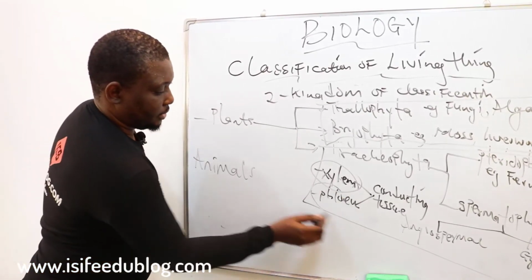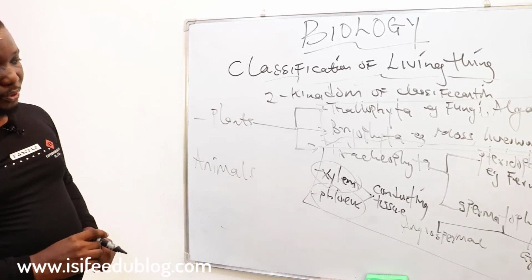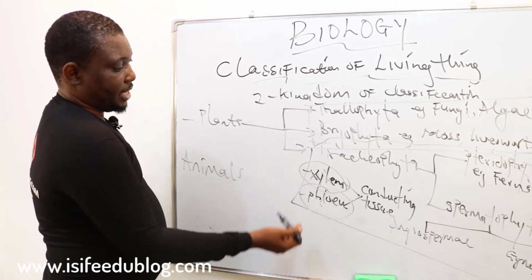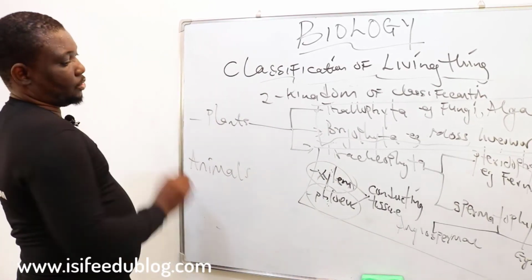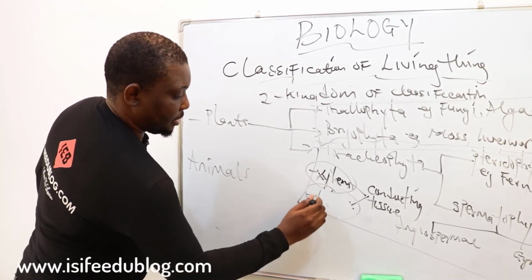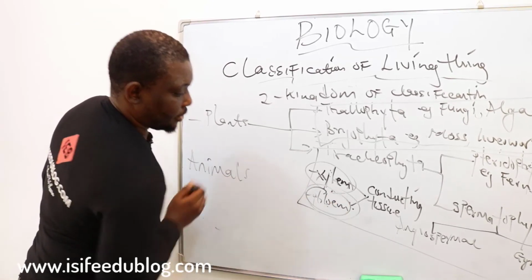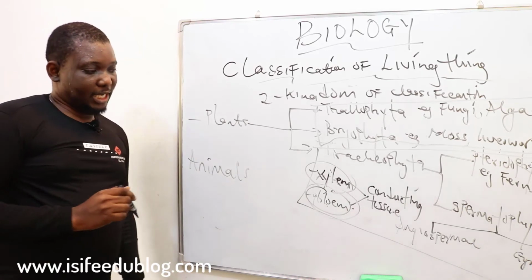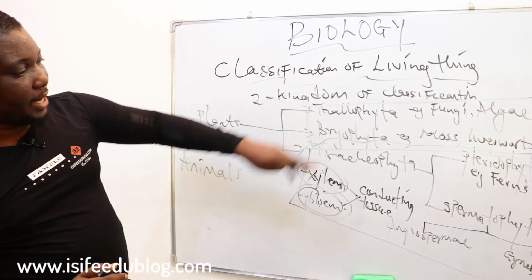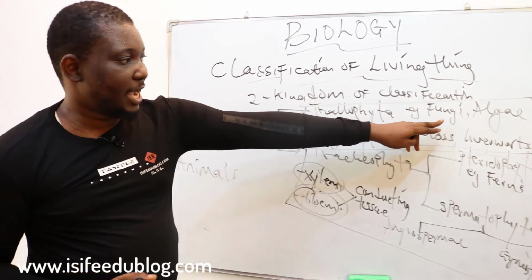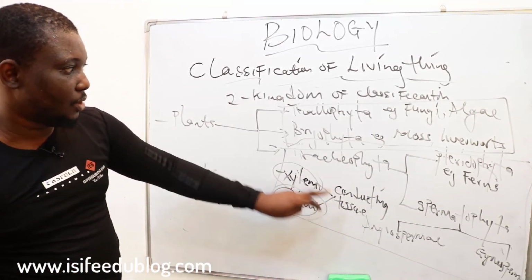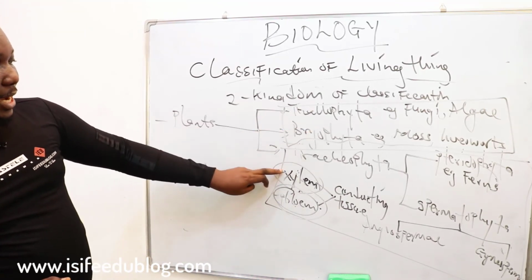This is transport of manufactured food. Any plant with these two systems can conduct water from the soil via a process of osmosis. Plants with this tissue can conduct manufactured food from the leaf after photosynthesis to other parts of the plant. But plants under the categories of Thallophytes and Bryophytes, the likes of fungi and the moss plants, don't have vascular tissues or conducting tissues. So what it simply means is that these plants lack xylem and what?